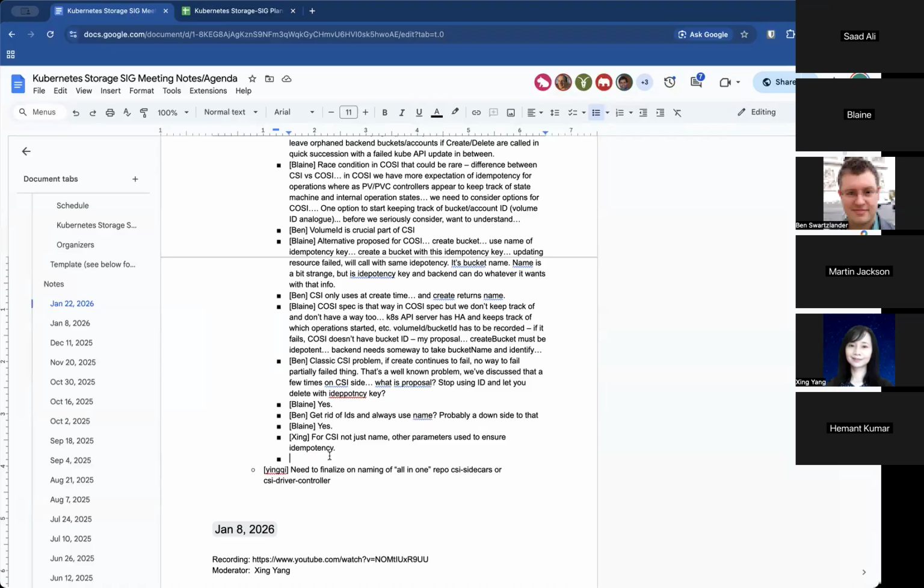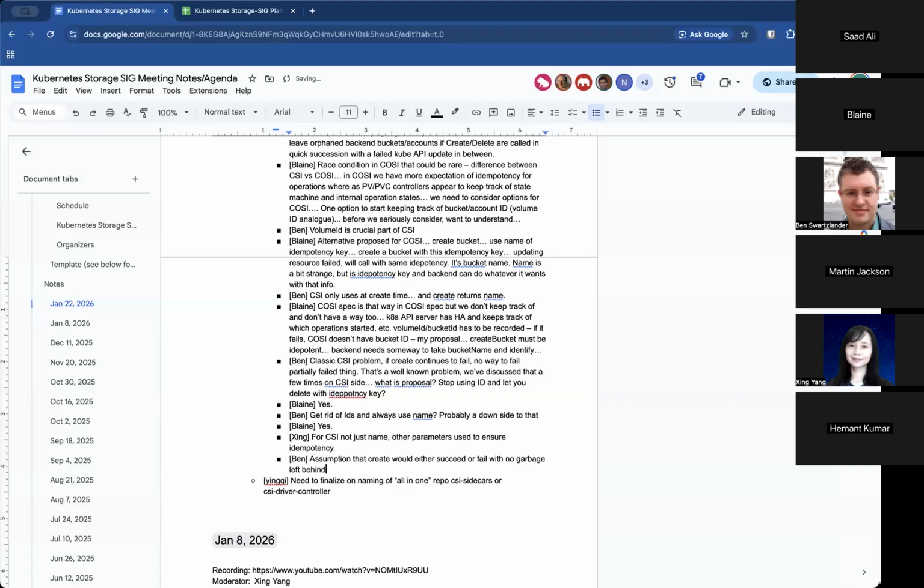Yeah, I think there was also an assumption that create would either succeed quickly or fail in such a way that no garbage was left behind. Yep, and that is still stated explicitly in the gRPC spec for Cozy, as it is in the CSI spec.